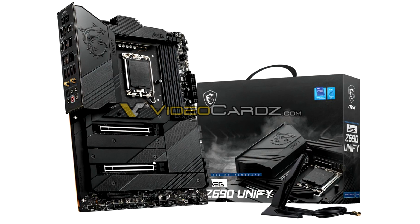Finally, MEG Z690 Unify, which has 4 rather than the 2 DIMM slots of the MEG Z690 Unify X, but otherwise appears to be mostly identical in terms of features and appearance, much as its Z590 sibling. Both the Unify models should be DDR5 boards,